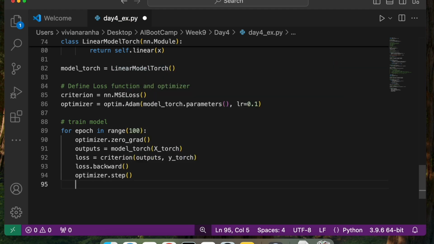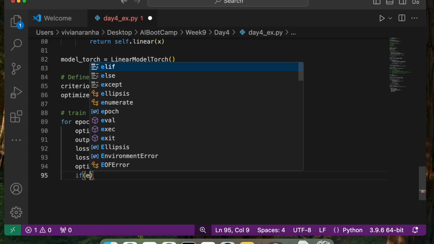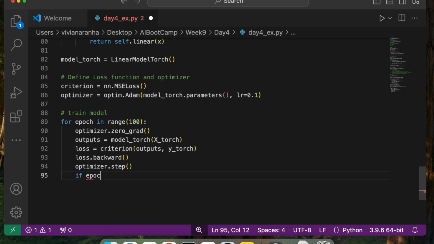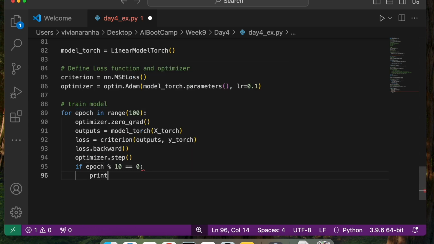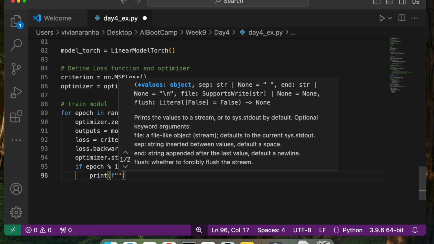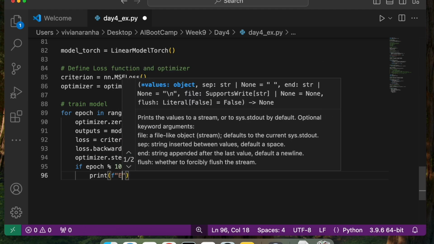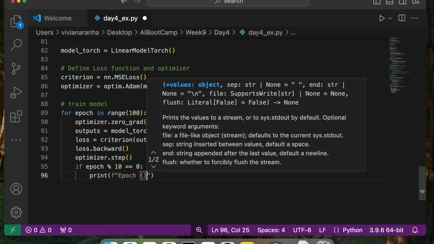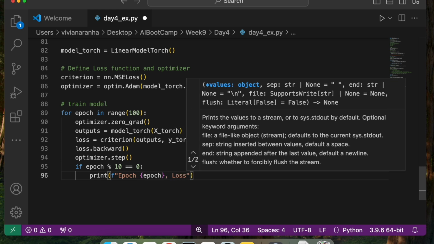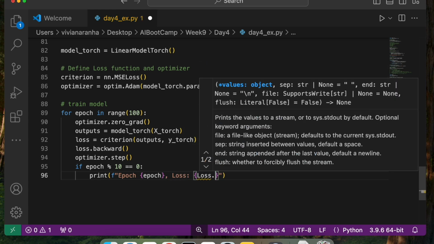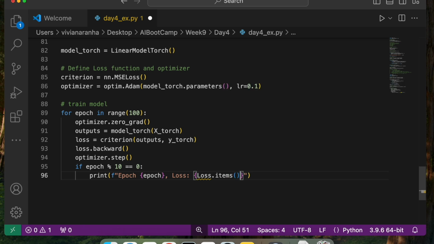So next step on the optimizer, and here again if epoch, just to display the values, mod 10 equal to 0, then I'll say print f, depending on which epoch it is, epoch, the loss, .item, 0.4f.